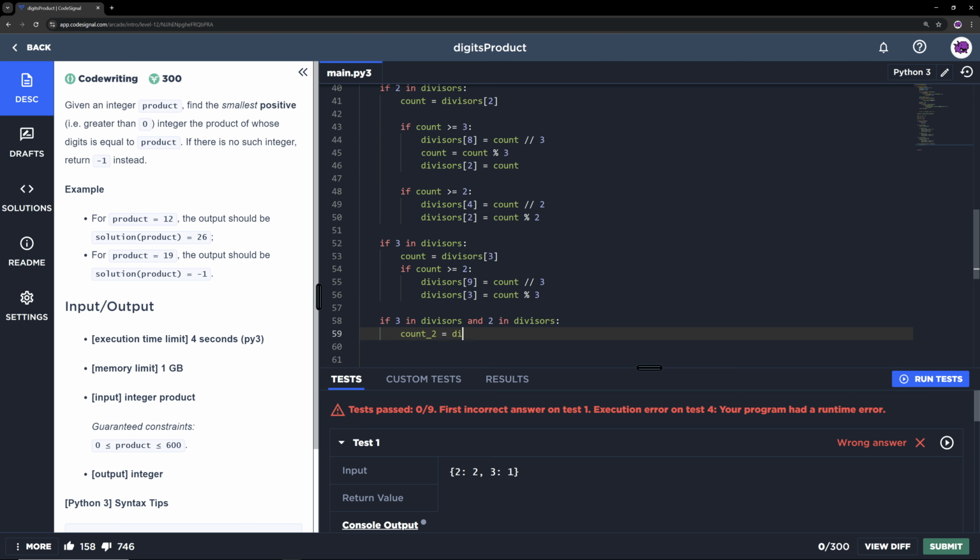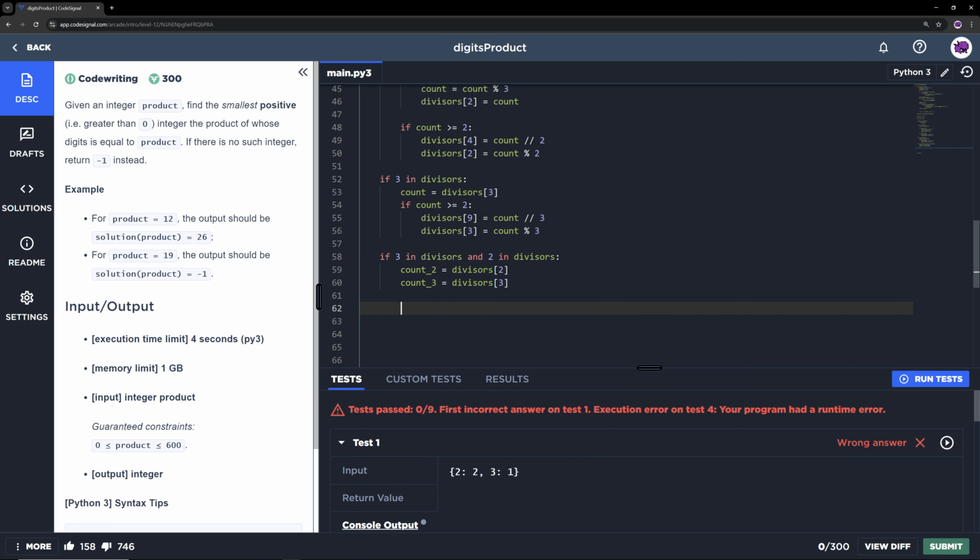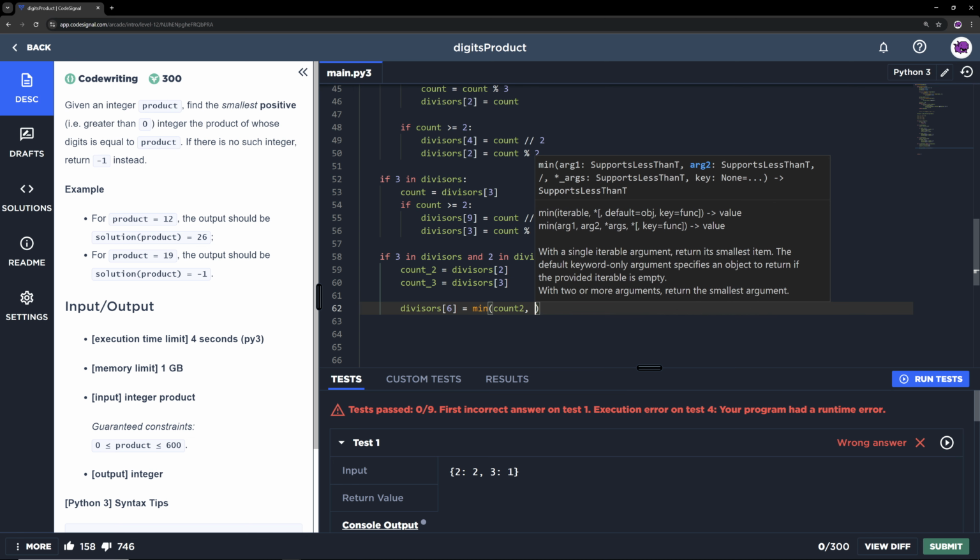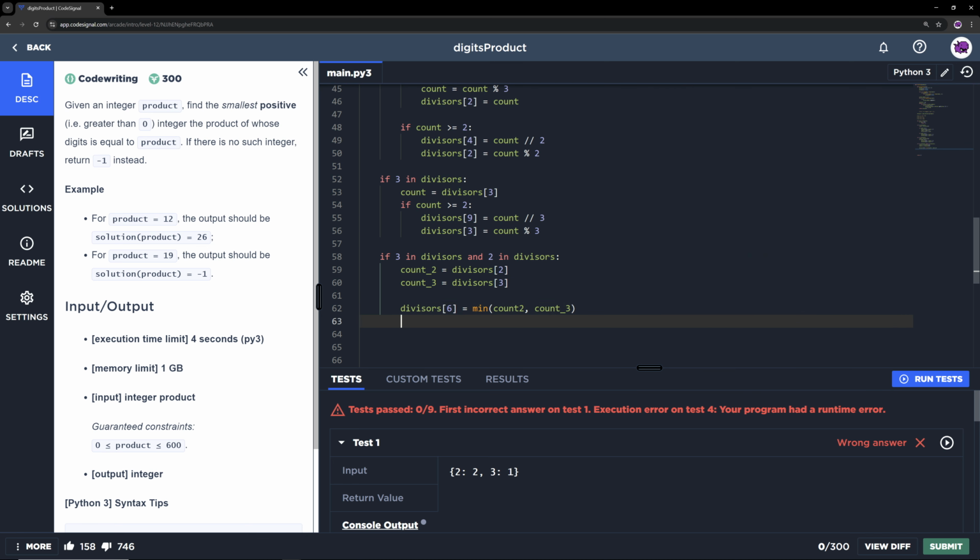Count 2 is equal to divisors of 2. Count 3 would be divisors of 3. Okay. And then count 2 and count 3, those are both greater than or equal to 1, that's for sure, so I don't need that. Okay, so now we just do divisors of 6 is equal to the minimum of count 2 and count 3, right? And then we update the divisors of 3 as